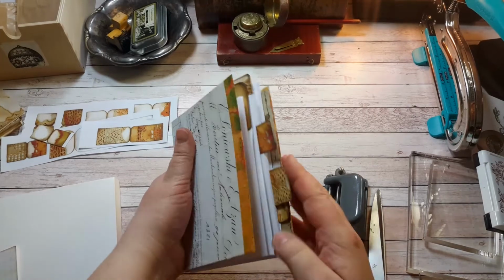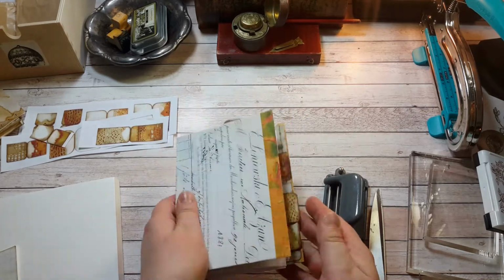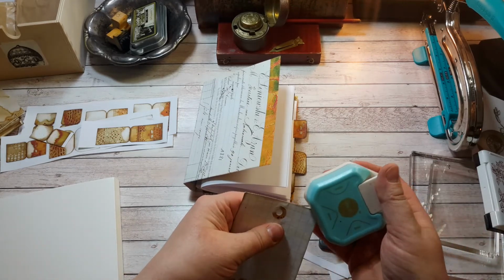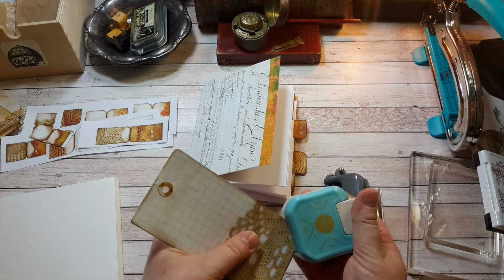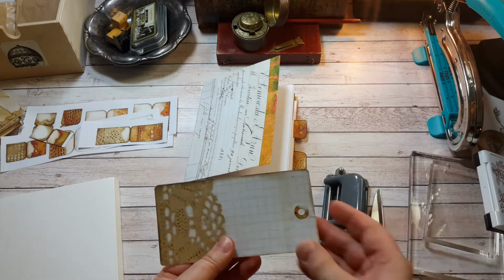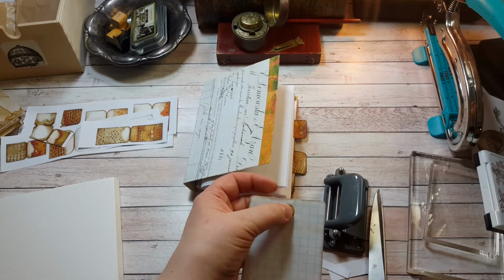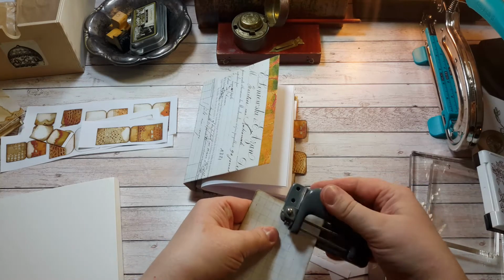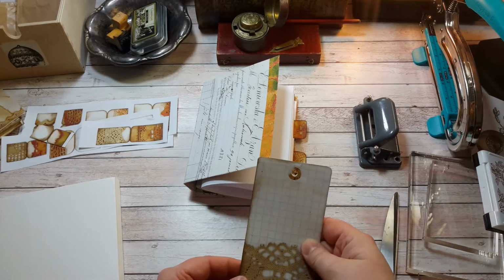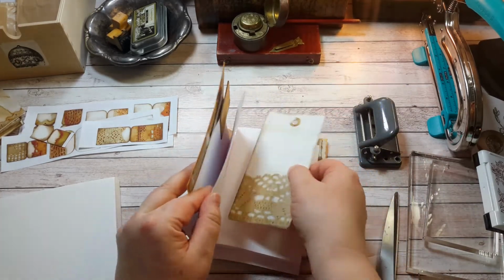Okay, now we have the tabs and these tabs here. Then we have this tag. We need to punch the corners. And it has already this reinforcer image here. You just need to punch the hole or use a crocodile and it's ready to use. Okay,